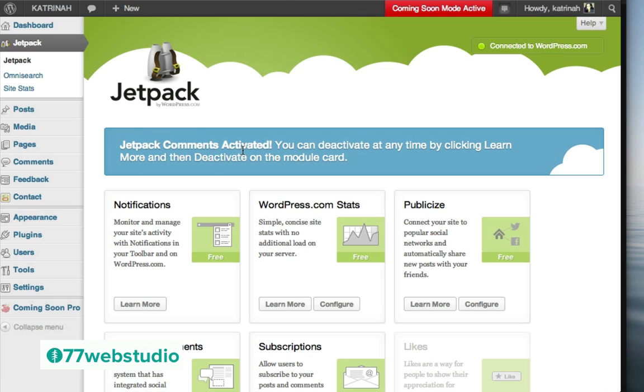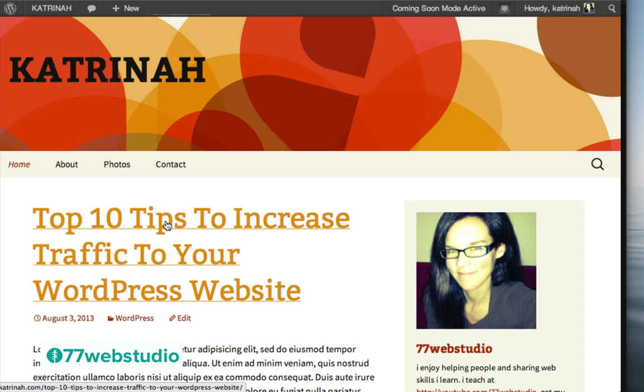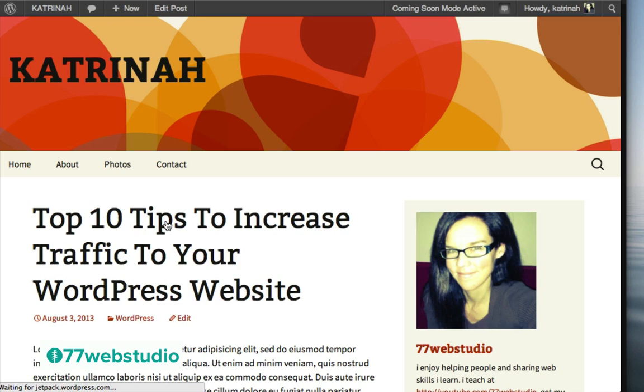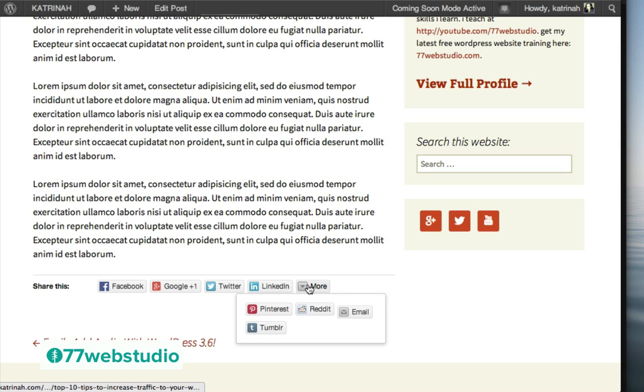Okay, once the comments have been activated, now let's check out the site by going up to the top and clicking on Visit Site. So now when I click on the blog post by clicking on this link here, and when I scroll down, now we see that I have all the different sharing buttons here. So anyone who checks out this content, if they want to share it, they can easily do so by just clicking on these different social media icons to share the content to Facebook, Google+, Twitter, LinkedIn, or any of these